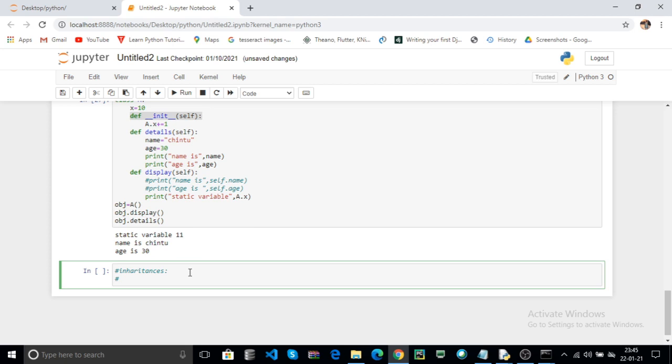That means you can acquire the properties of other classes. Now how to use the inheritance in Python and what inheritances are supported in Python.